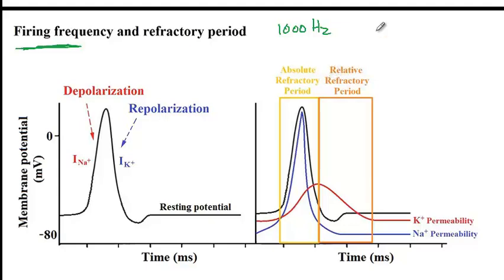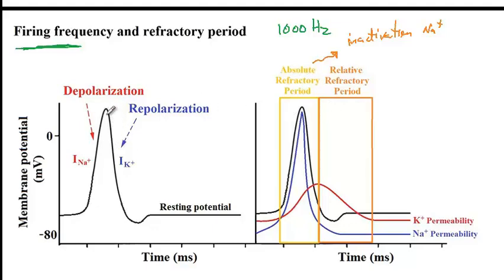The first one is called absolute refractory period, during which time there is absolutely no chance of initiating another action potential. And this is due to the fact that right after depolarization, there would be inactivation of sodium channels. And so therefore, if sodium channels are inactivated, there won't be any depolarization to start an action potential. And these sodium channels will remain inactivated until the cell regains some of its negative potential. So there would be absolute refractory period until repolarization happens.